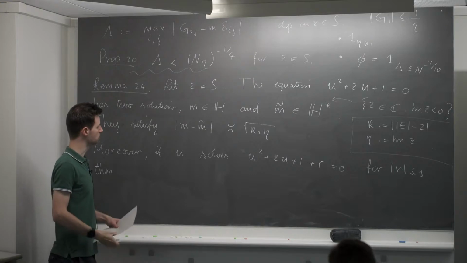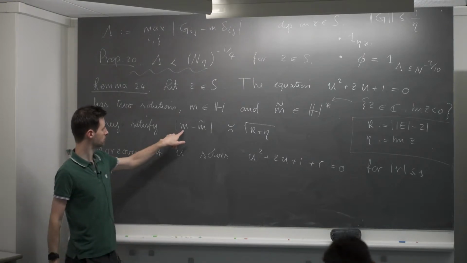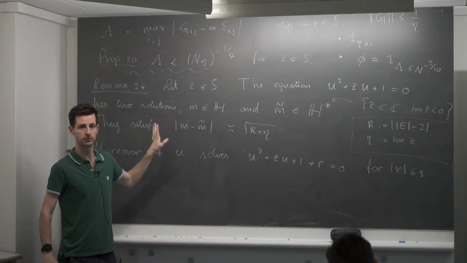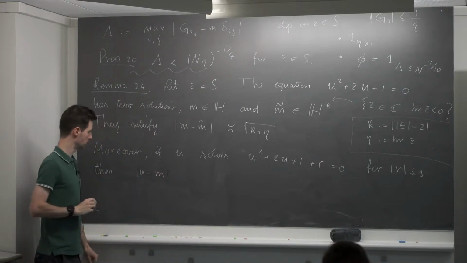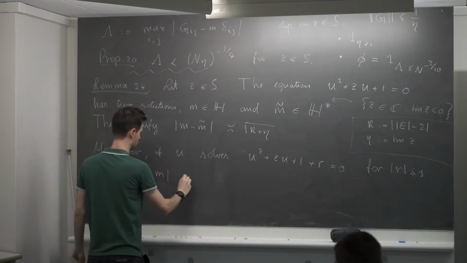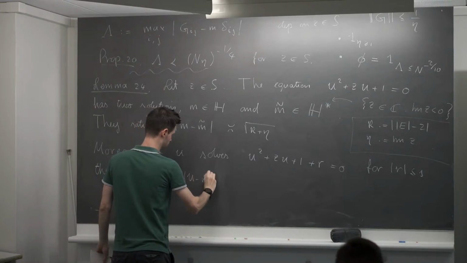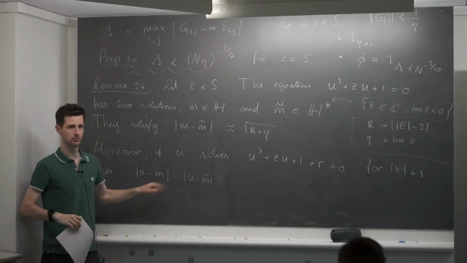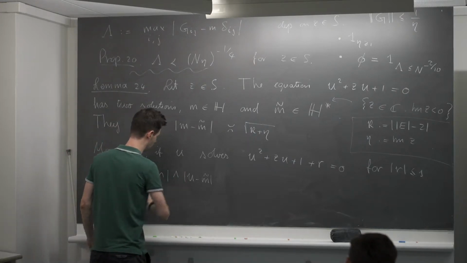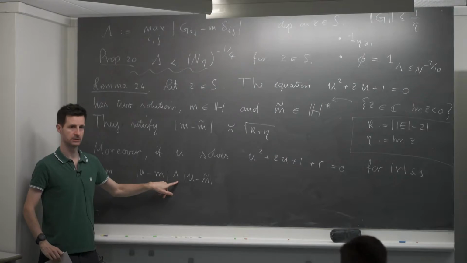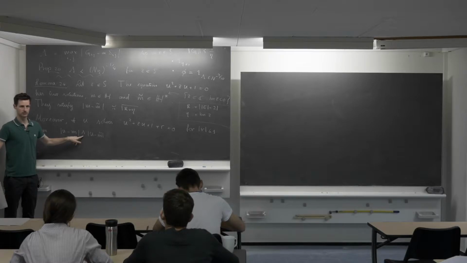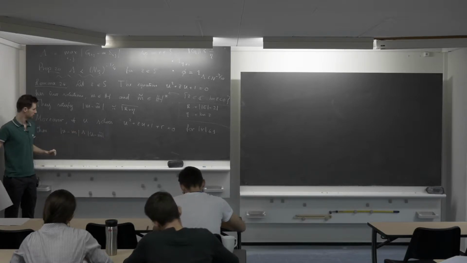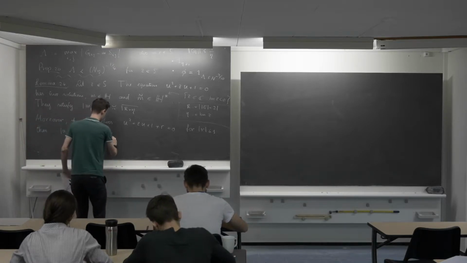then u is going to be close to, well, close to what? I don't really know. It's going to be close to that one or to that one. A priori, I don't know which one. So I will write it like this. u minus m is going to be small, or it might not be. If this is not small, then the other one is going to be small. So one of these two is going to be small. And I can express that by taking their minimum. This notation is minimum. I don't know if you've seen this notation. It's just a lattice theoretic notation. It states that real numbers form a lattice. So this wedge denotes the minimum of these two numbers, and this is less than or equal to